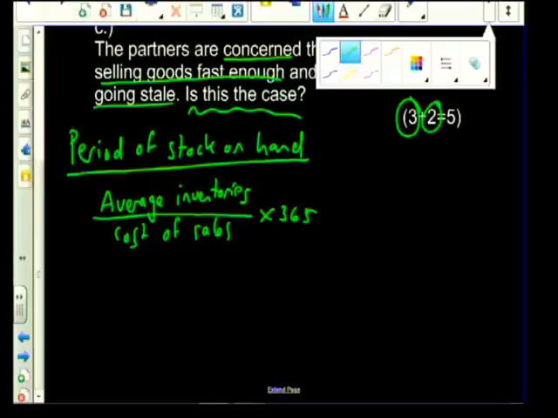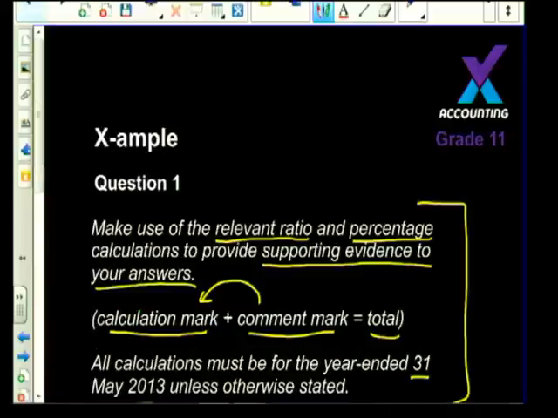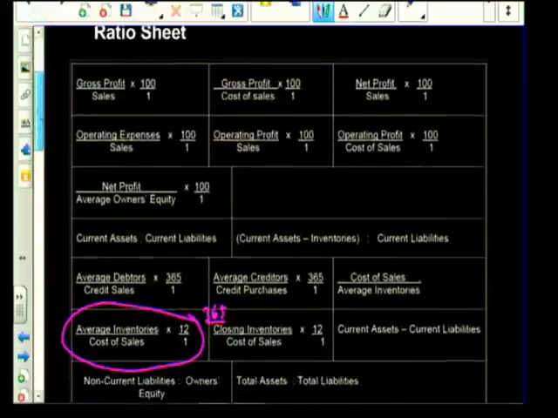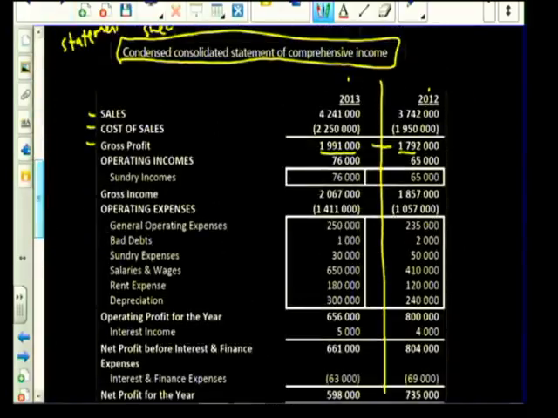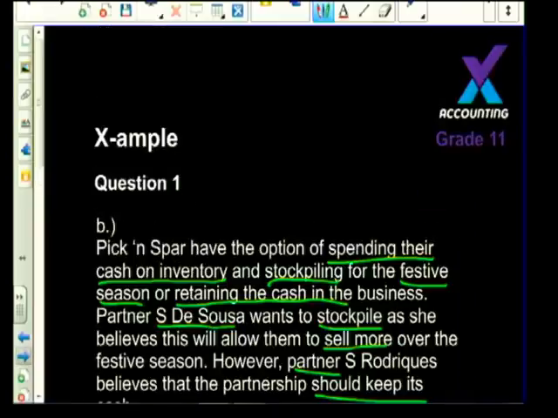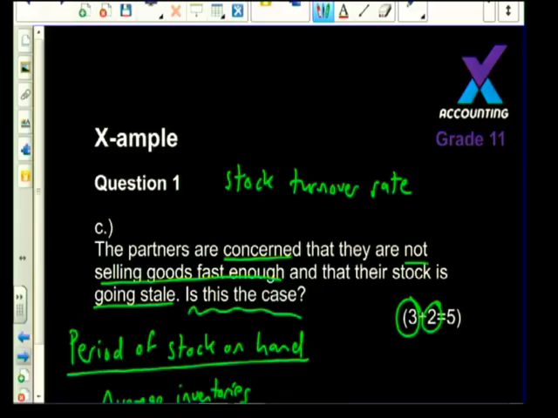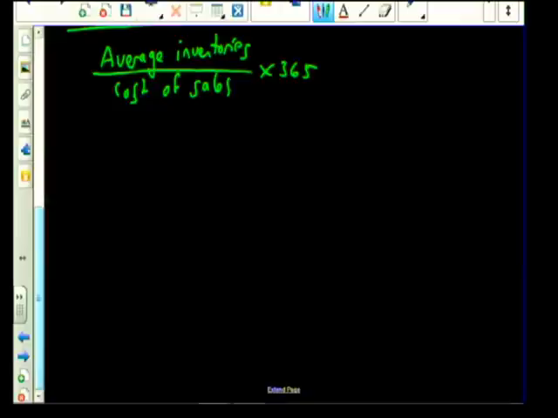So now, of course, to do this, we have to find the figures. So let's go back to our information sheet that we have here. And we're looking at the average inventories at the top and the cost of sales at the bottom. Here's our cost of sales figure, 2.25 million. That's our cost of sales for the period 2013. So that's the one that I'm going to put on the bottom, the denominator. 2,250,000 is our cost of sales for 2013. Let me write that down so long. So at the bottom we have